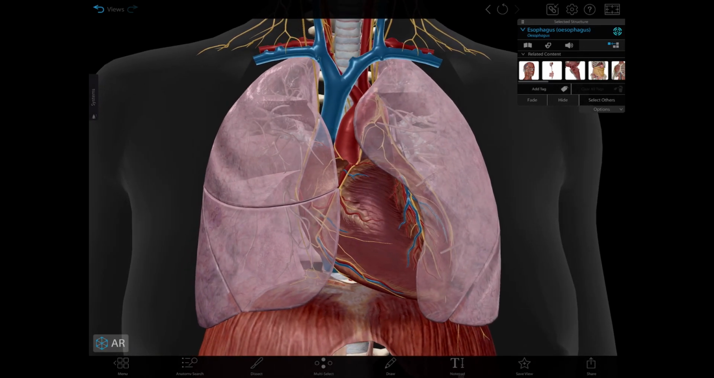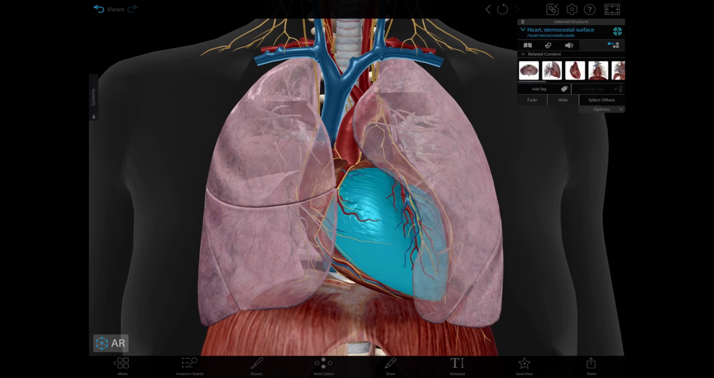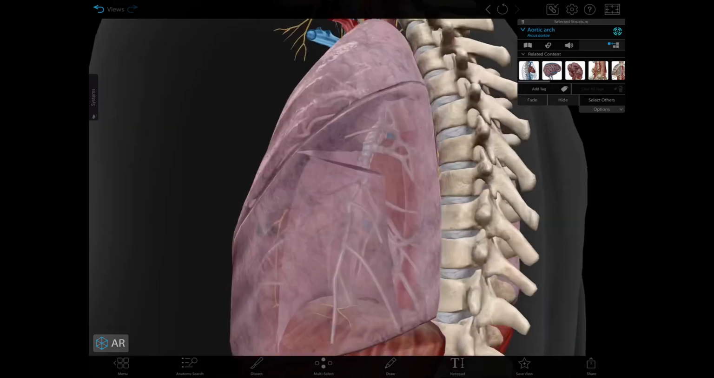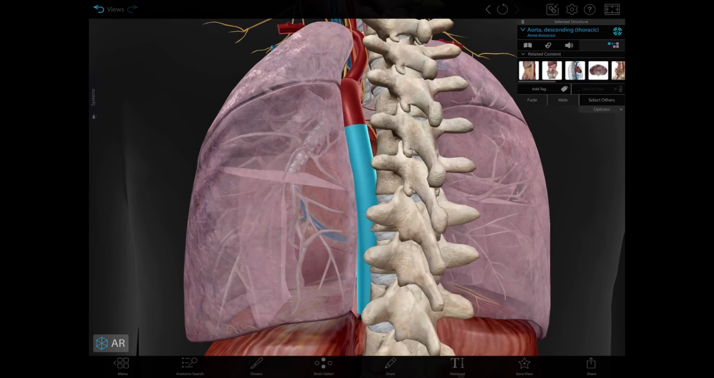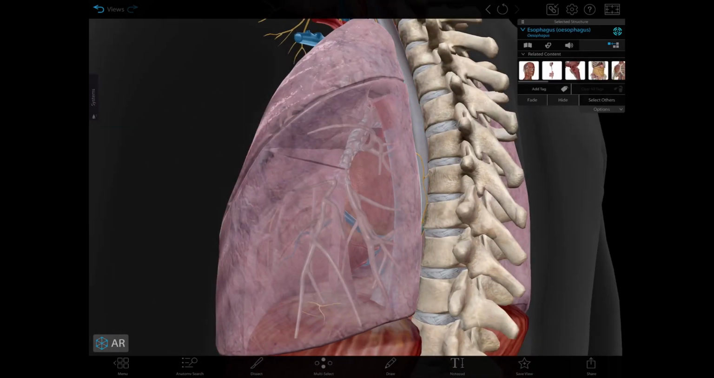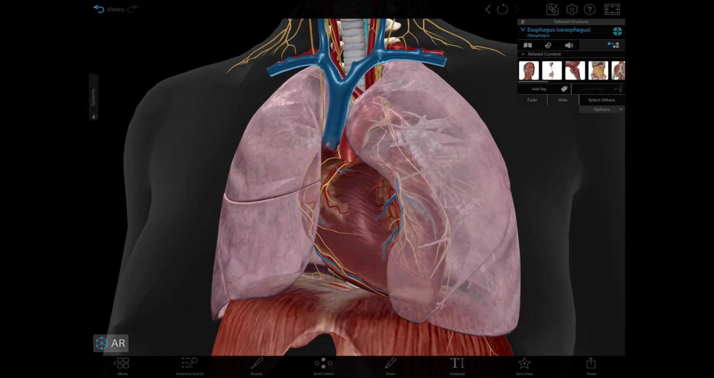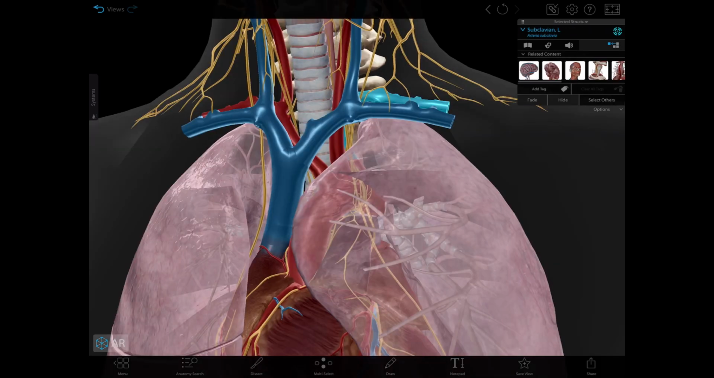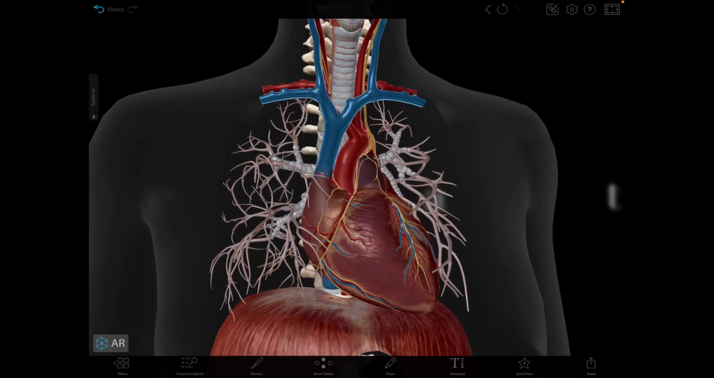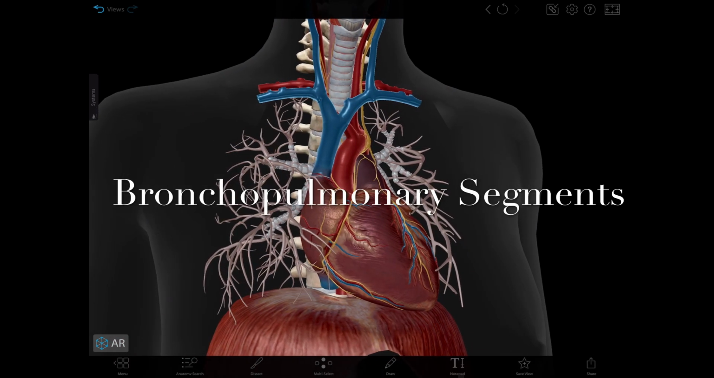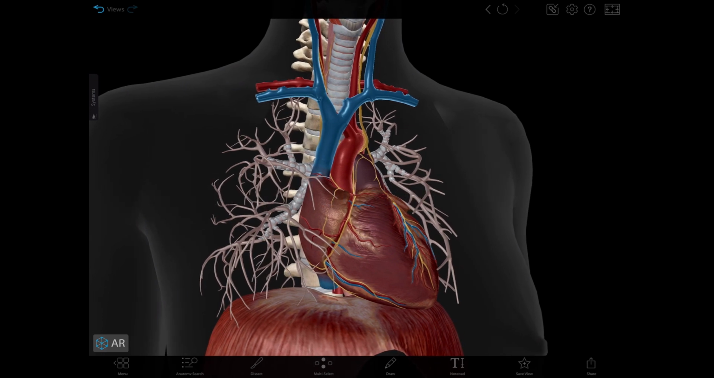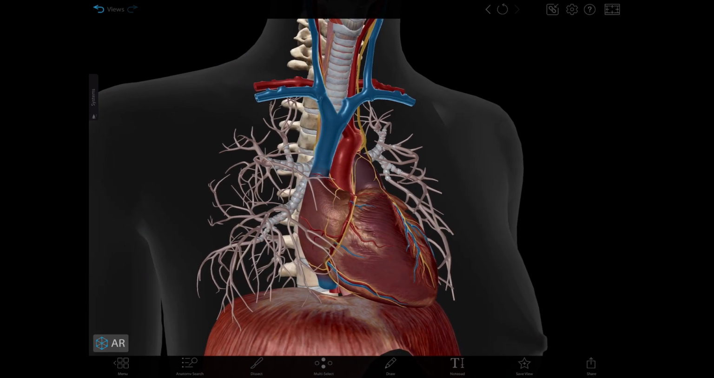As for the left lung, also the heart, the aortic arch, which is this right here, the descending thoracic aorta, which is this one right here, and the esophagus, which is this structure right here. The subclavian artery and vein arch over the superior lobe on their way towards the upper limbs. Each lobar bronchus gives off branches called segmental bronchi, and each segmental bronchus supplies a section